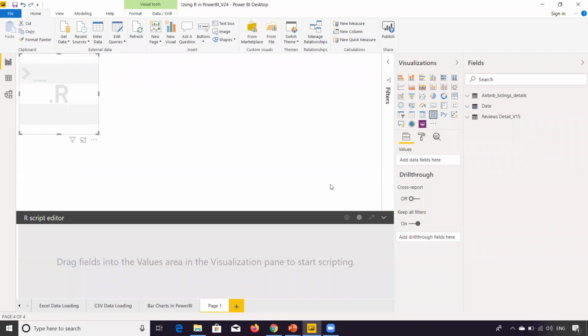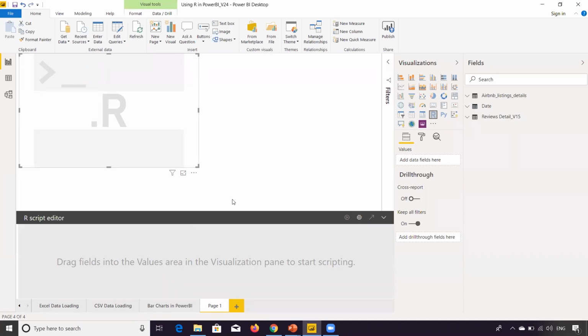So first you need to enable R script visuals. You have to enable that. Now over here, this placeholder for the visual is created, and at the bottom, the R script editor is now available, but it is protected. You cannot do anything over here because right now Power BI has recognized that you have an R application installed in the system, and there is a communication gateway that is now created between R and Power BI.